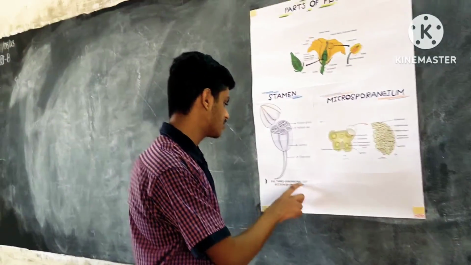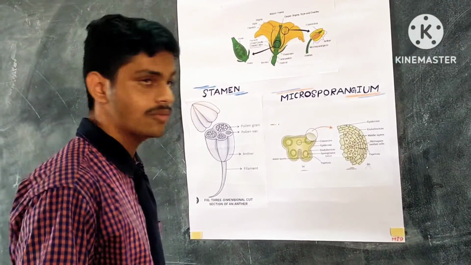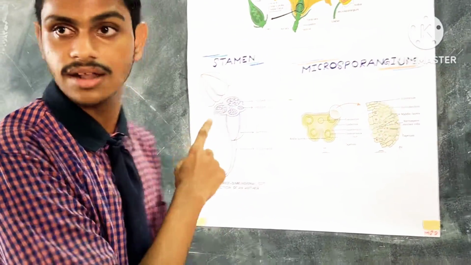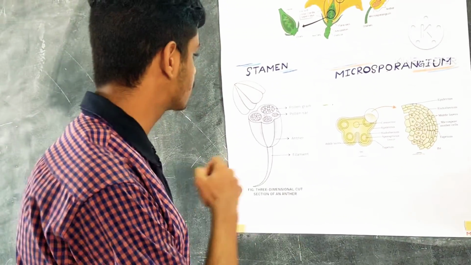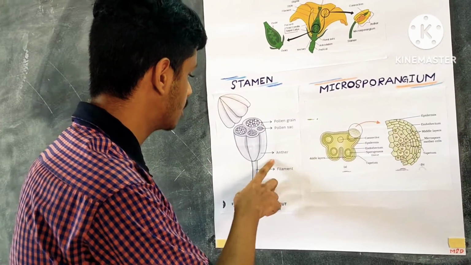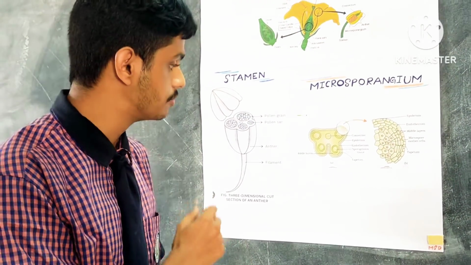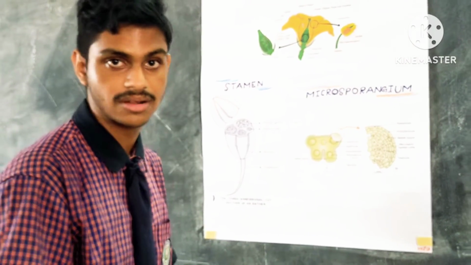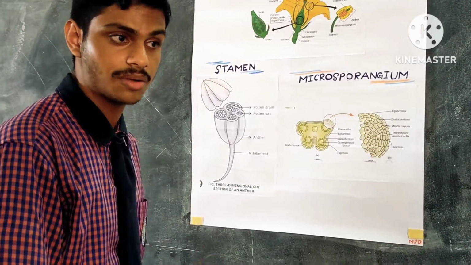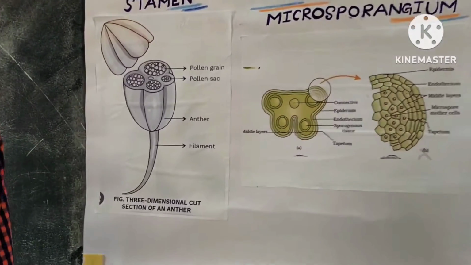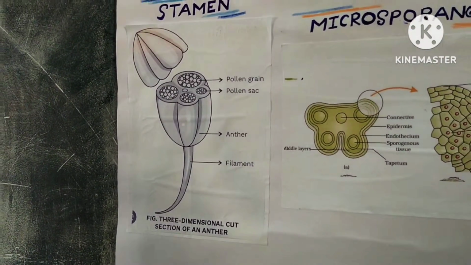This is called a three-dimensional cross section of the anther. Now I am going to explain the different parts and their functions. First, we see the pollen sac, pollen grain, anther and filament. The long and slender stalk is known as the filament, and the typically bilobed structure is known as the anther. Anther is a terminal bilobed structure, with each lobe having two thecae, that's why it is known as